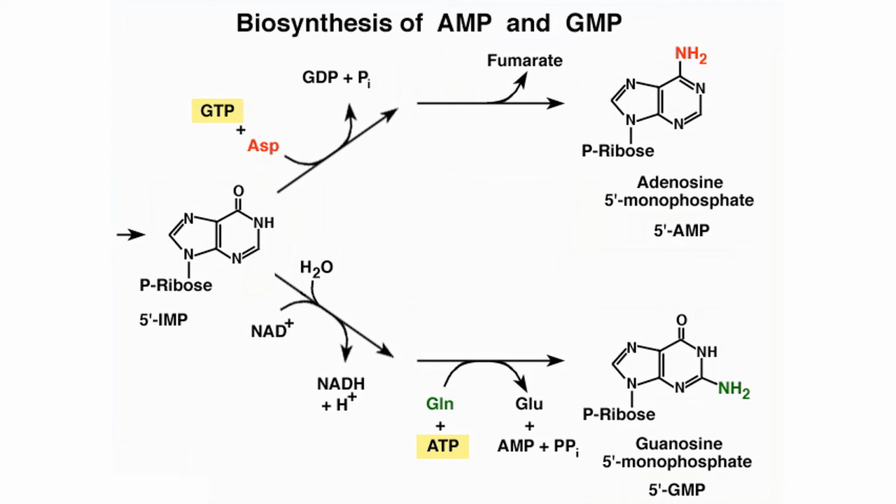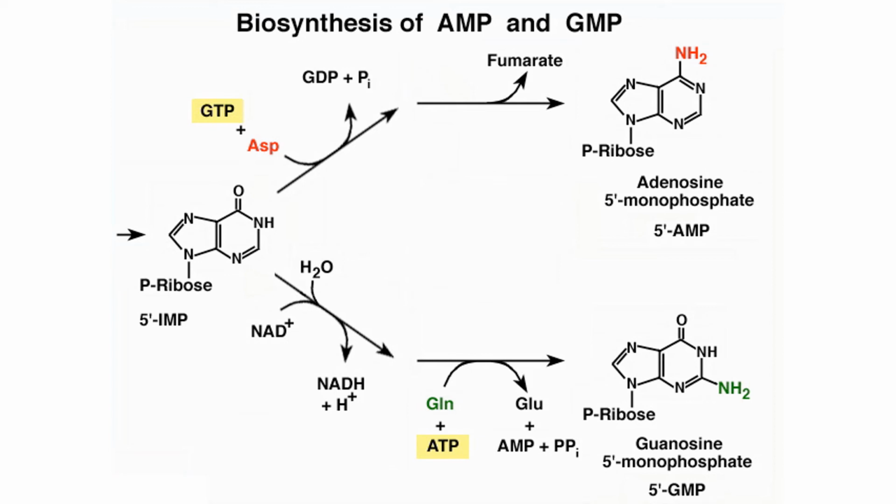So we have 5' IMP, or inosine monophosphate, and this is then going to be converted to 5' AMP and 5' GMP in 2 separate pathways, each of which require 2 steps. So let's look at the conversion of 5' IMP to 5' AMP first. Again, this is a 2-step pathway, and there is a fusion product here that is not shown, but the first step